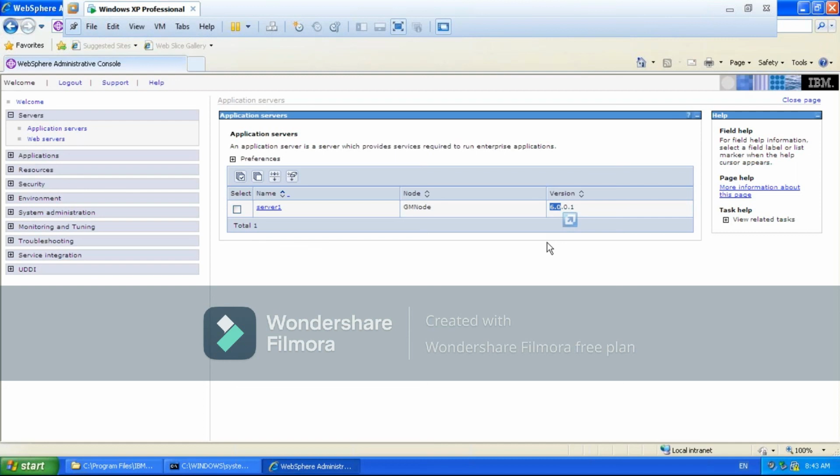Okay, fine. So anyhow, each and everything we have now, not only one: our servers, applications, resources, in this you will see the JDBC resources and the security, global security and SSL and environment. It will be very, very beautiful when you see it from the ND point of view, and system administration and monitoring and tuning, each and everything. This UDDI is related with the mappings. And somebody asked me about the mappings of this MQ, MB, portal, and all those. I'll show you how those are going. And the UDDI is going to interact with the user client.